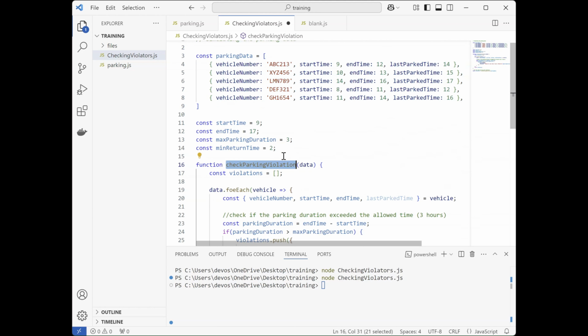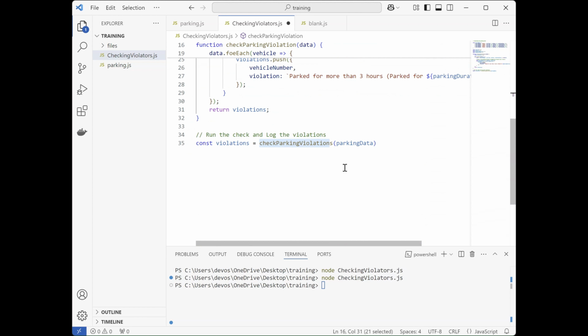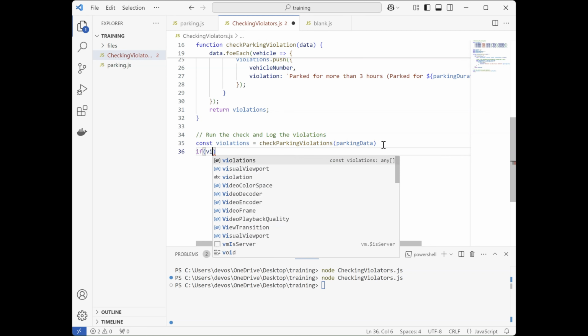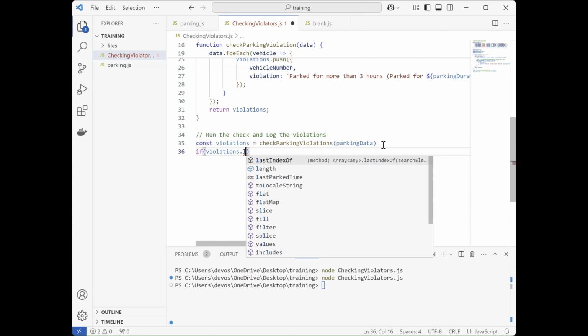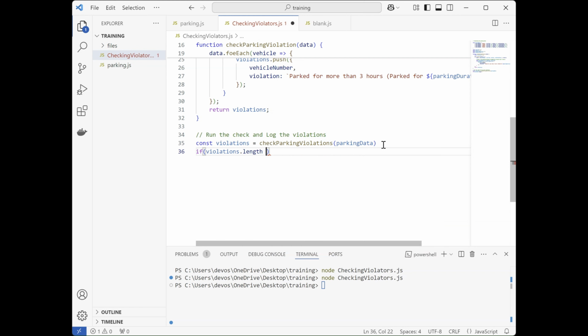So this check-in violation function, we're using it right here, and we are giving it parking data as an input, and the list of violations that it returns will be stored here. So what we want to do is, when it gives us the violations list, say: if violations.length, meaning if that array contains violators, that is, if it's greater than 0, we want to say for each item in it